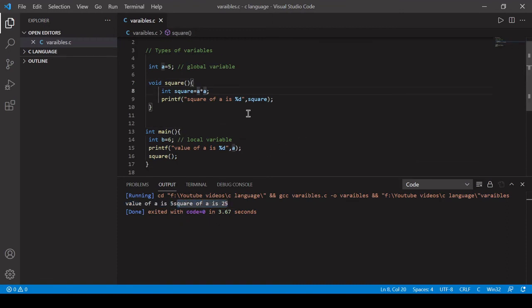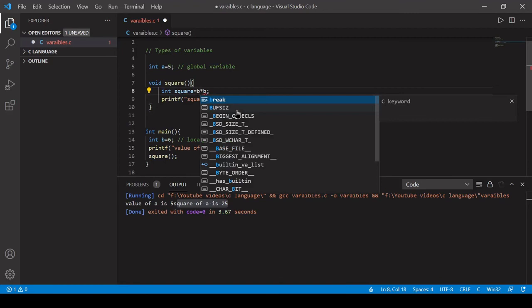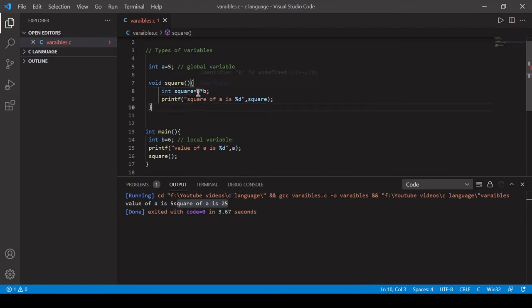Now let's see whether this b variable is accessible in this function or not, because as we have seen in the theory, a local variable can be accessed only in the function where it is declared. So let's write b here, and here also we will write b. Save this. Now when you hover on this, you can see that b is undefined, in the sense there is no b variable here. So this local variable cannot be used here.